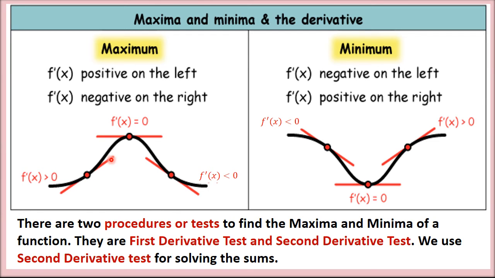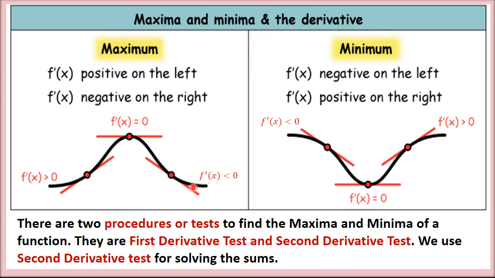0. Then to the right of the maximum point, that is f of c, we have done in the previous definition. F of c is the maximum point of this curve. And to the right of this curve, the function or the curve is falling. Function is decreasing or the curve is falling from left to right. So the first derivative or the slope of the tangent will be less than 0.